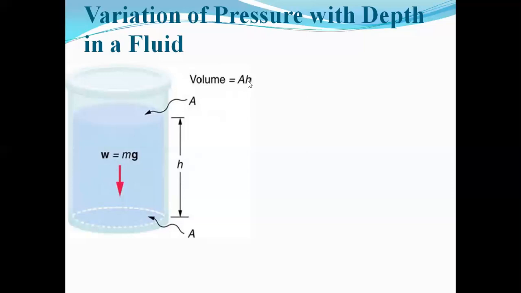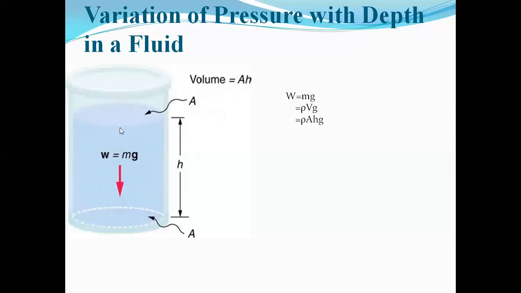So in the volume of vessels, weight is W, that is m into g. We calculate pressure. So we know that pressure is equal to F by A, but here F is missing. But again we know that force and weight is the same thing. So now we calculate the weight. So weight W is equal to m into g,